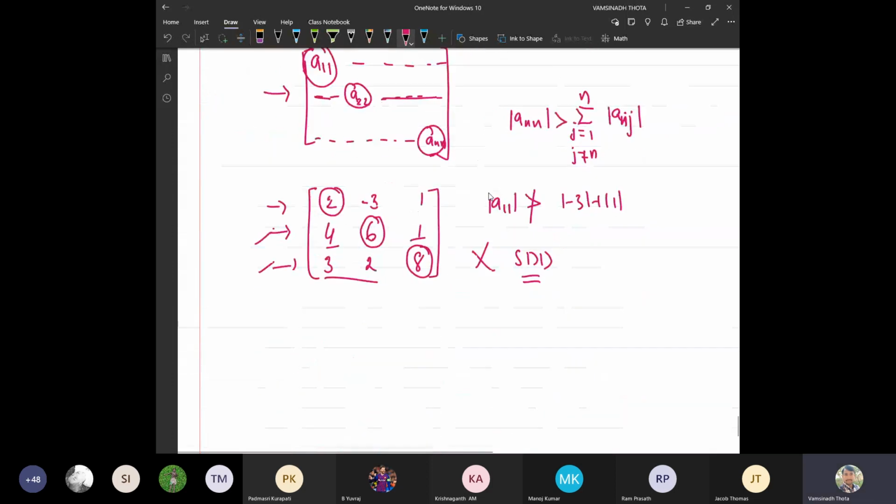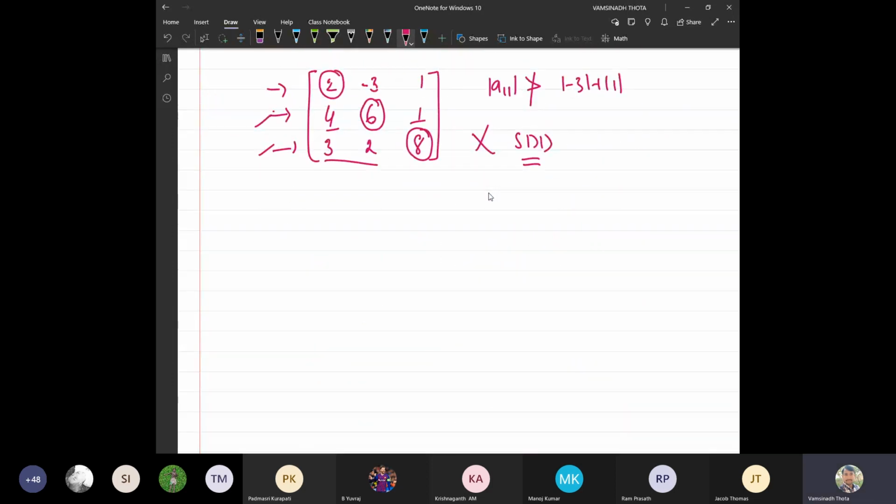Okay. Now, basically, what we have said is only one implication. If A is strictly diagonally dominant, it implies both the Gauss-Jacobi and Gauss-Seidel methods will converge to the unique solution. That means the sequence of approximate solutions converges to the exact solution, and in fact, the solution will be unique. The system will not have more than one solution. Why? Because the coefficient matrix becomes a non-singular matrix.